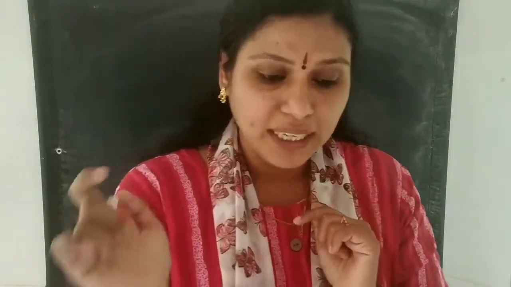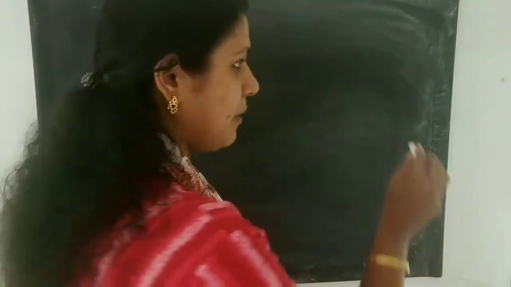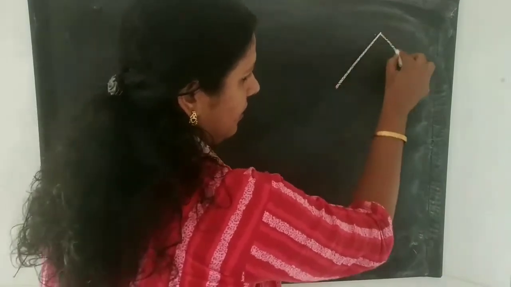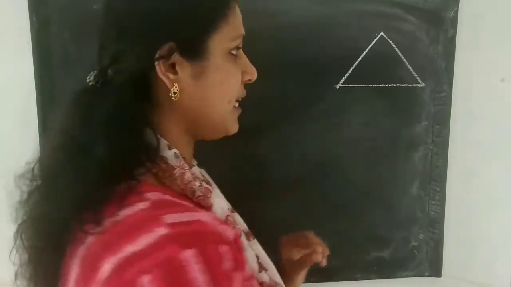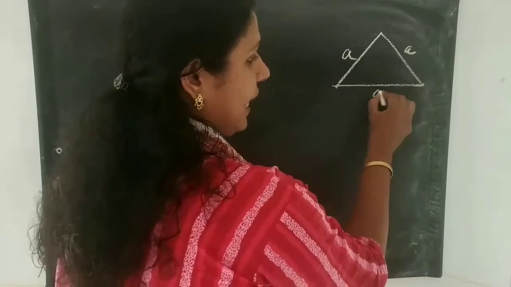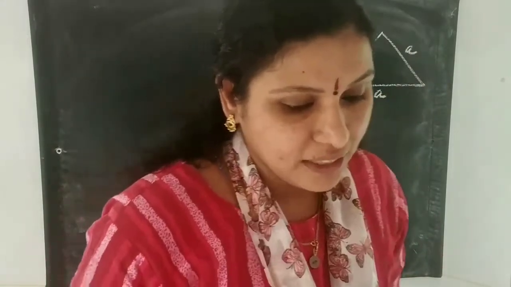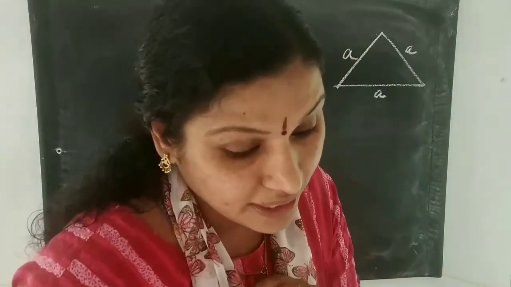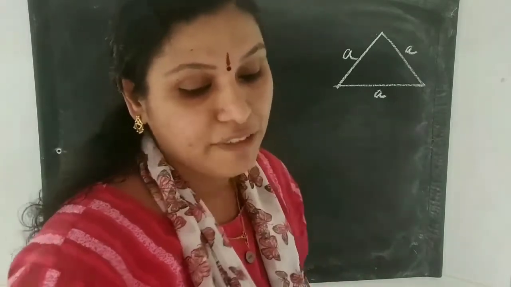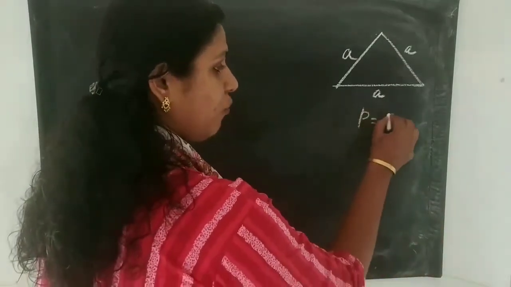Okay. In exercise 12.1, the first question is: a traffic signal board indicating a school ahead is an equilateral triangle with the sides a. Okay, it's a signal board. What is the shape of the signal board? It's an equilateral triangle. What's the specialty of an equilateral triangle? All sides are equal and the side is given as a. Then what is the other one? Find the area of the signal board using Heron's formula, if its perimeter is 180.